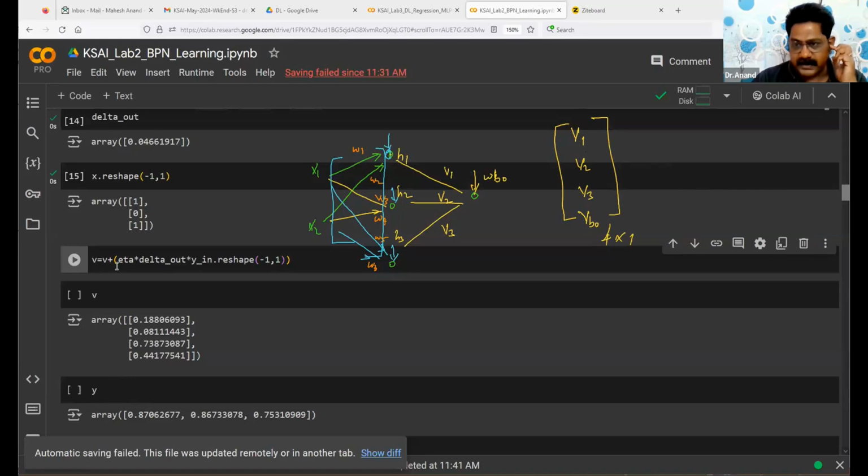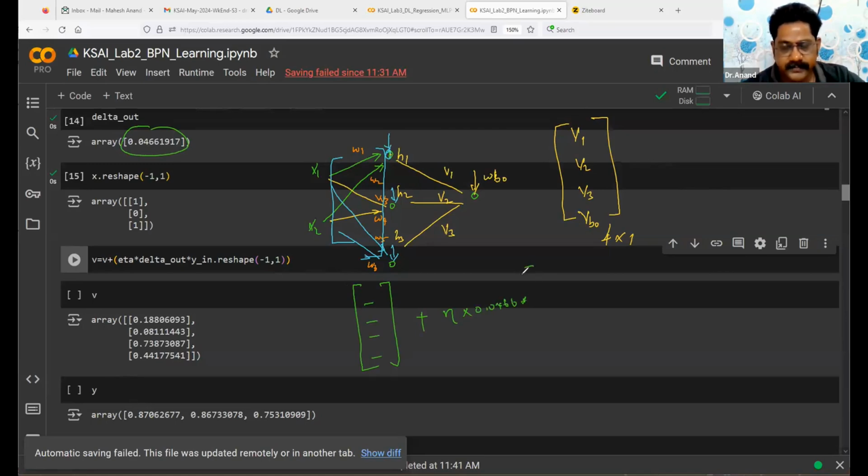So V equals V plus, that means my initial value, whatever randomly taken values, the 1, 2, 3, 4 values. As per the original formula, we have a minus sign. The gradient minus I have already brought here, plus the learning rate times the delta you already computed, which is a scalar,